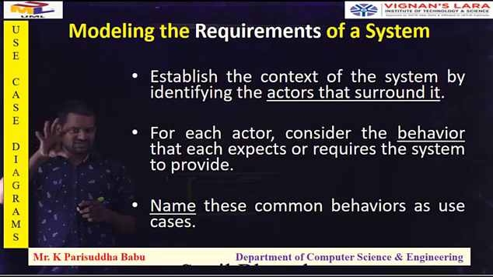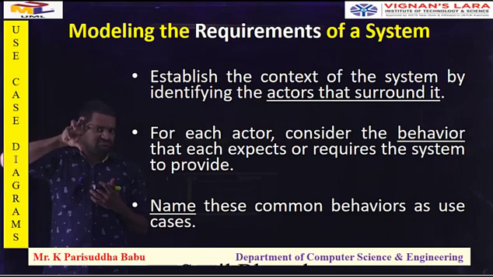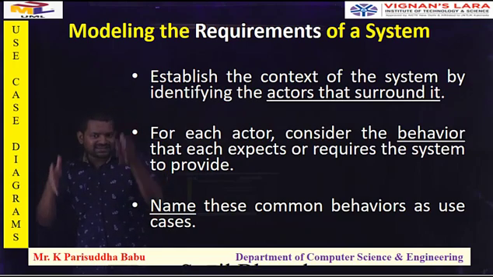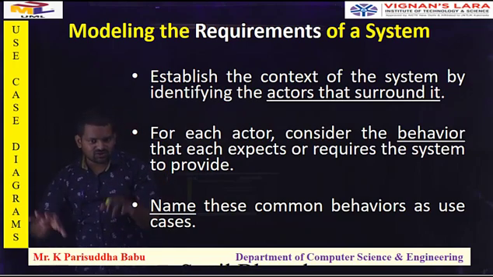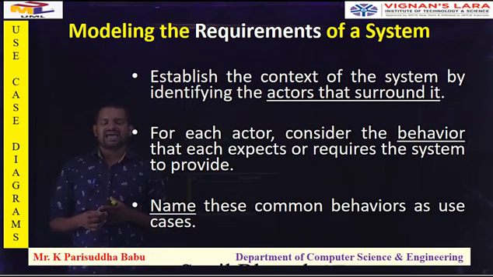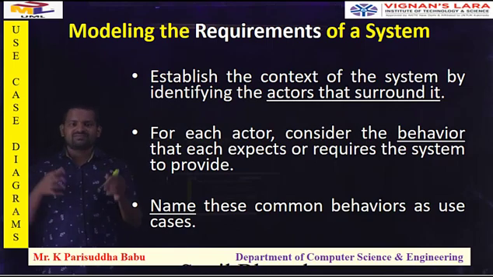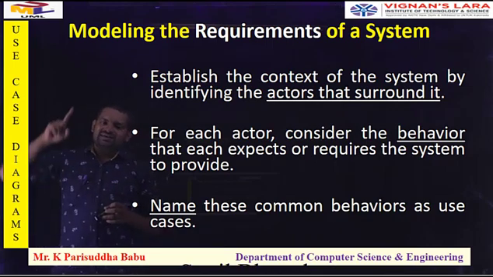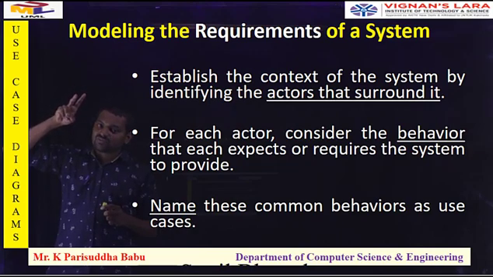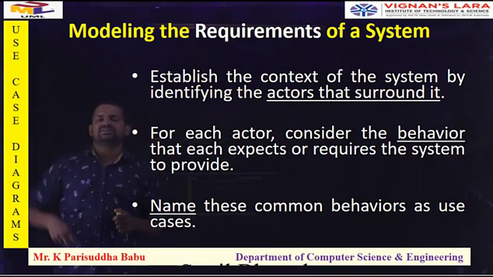First of all, identification is more important. Identification of the actors and what their roles are. Performing and writing their roles, you create their role as a use case. That is the most important aspect which we have to model in requirements. To model the requirements, you first find the context by finding the actors. The requirements are the actors' operations, which you translate into common behaviors, into use cases.